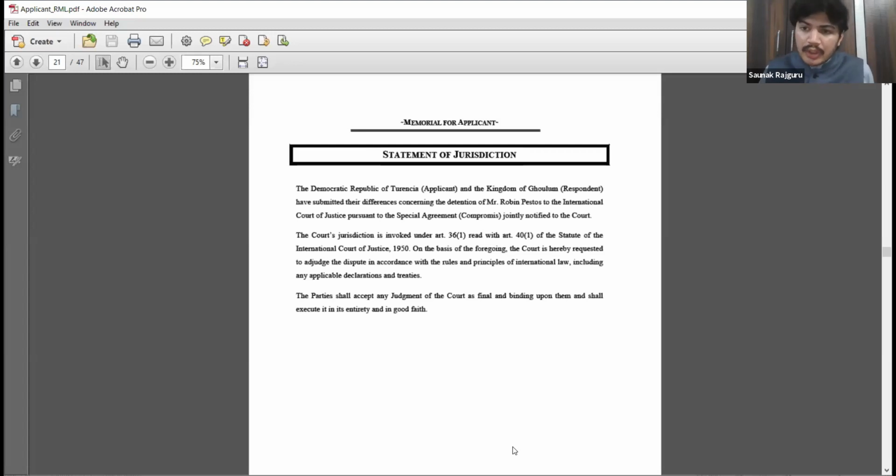Understand the difference between general versus special law. When a general law will apply, when a special law will apply, you will see that a lot of things are overlapping. In that situation, the special law being specific will prevail over the general law. There are certain exceptions where the general law will also prevail over the special law, but you need to be very, very clear, and let's not go into all those legalities. But all I'm trying to say is there are a lot of considerations before you should finalize your jurisdiction,